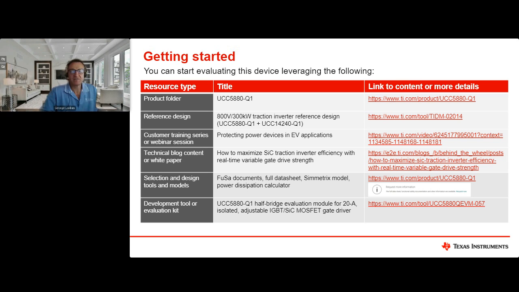But we do have a set of customers who have told us specifically they would not have used this part if we didn't give them the option of setting the drive strength at power on through simple digital input pins. So we know those help a lot as well. Those customers wanted to do a quick and dirty evaluation of the drive strength without having to learn SPI, especially if you haven't used SPI before. It's quite beneficial to have these GPIO pins to set the drive strength. Great question.